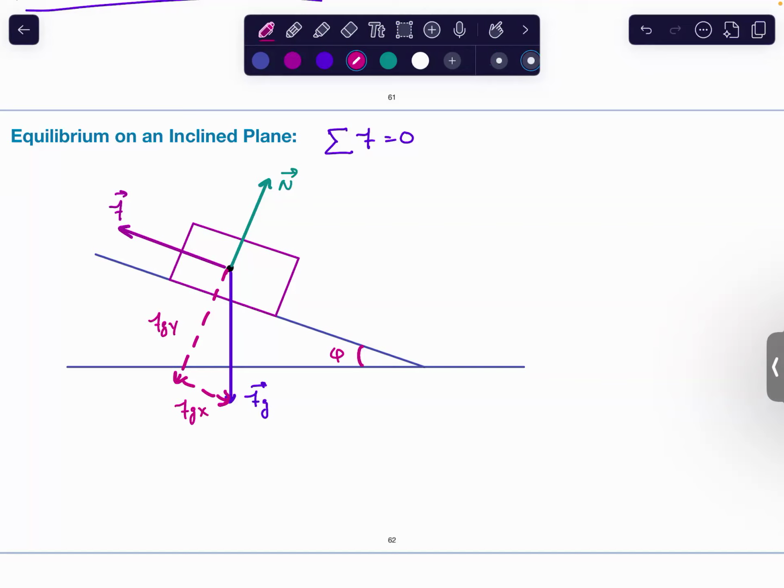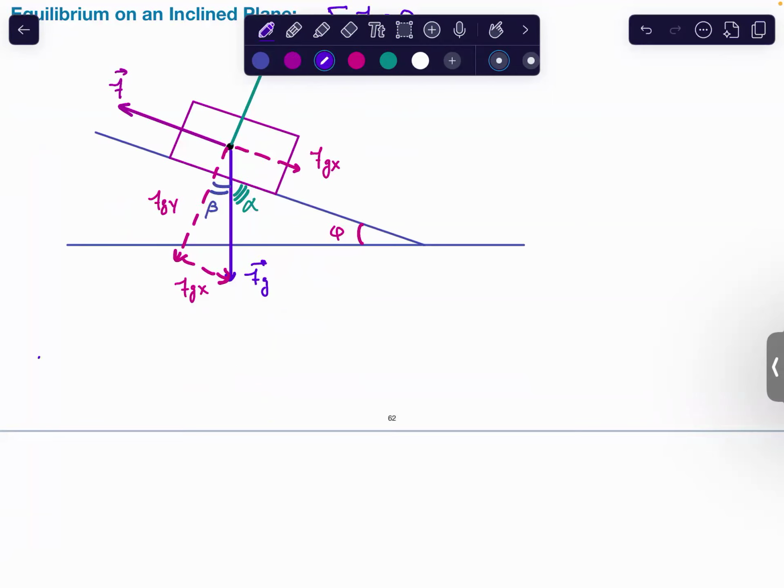That x component can also be seen up here. We're also going to need to make note that we have an angle in here. Going to call that beta. And then we're going to need one more angle. We call that one alpha. Okay, so let's start taking a look at this. The total force of this system